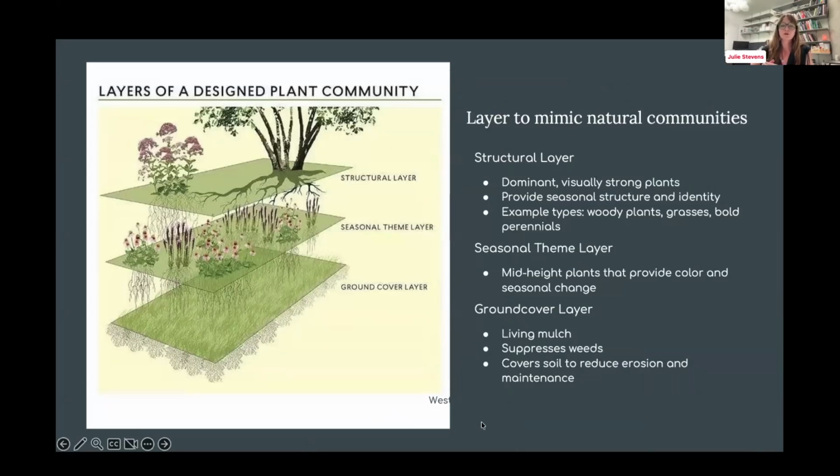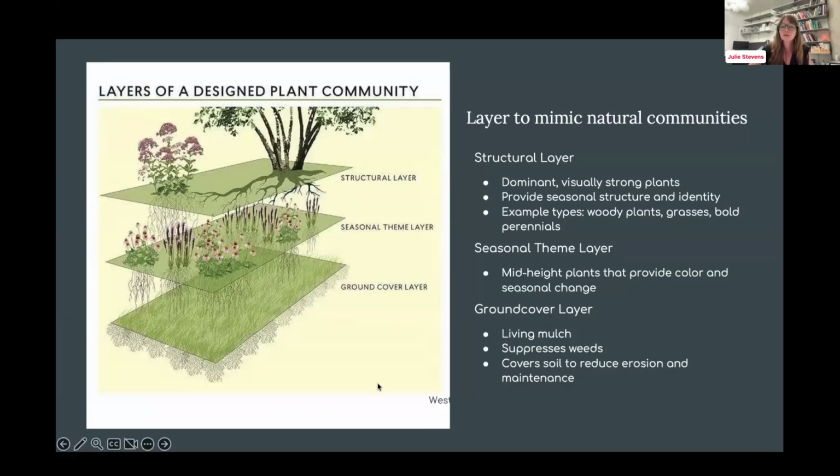One of their other key themes or principles is really to layer that landscape. When I was a student, I learned landscape layers as anything sort of knee height and below, anything eye level and below, anything above the head, and overstory: overstory, understory, shrub, herbaceous. Now, the way they're talking about layers is a little bit different. So they're looking at the structural layer. That could be trees and shrubs. It could also be grasses or perennials that really have a lot of substance year round, like this Joe Pye weed that they've got sketched in here at the top.